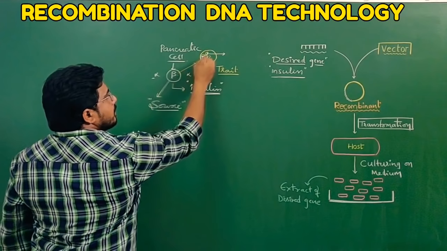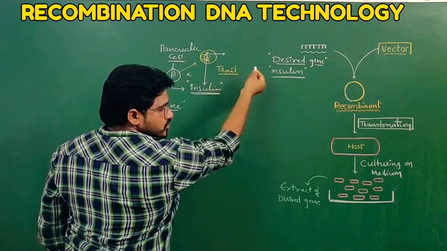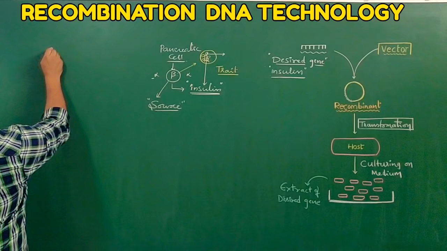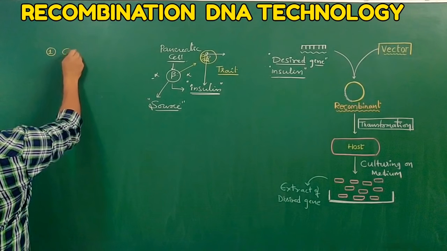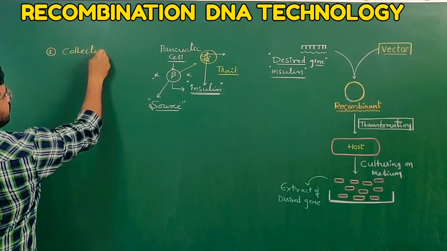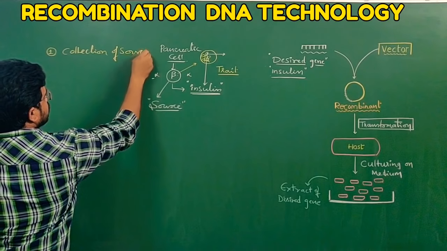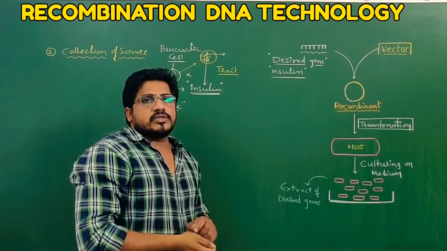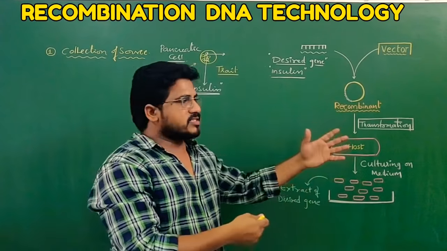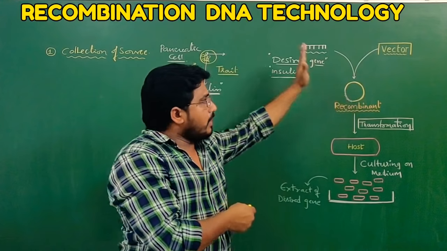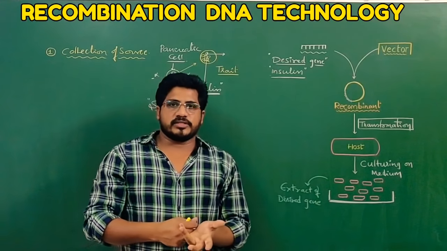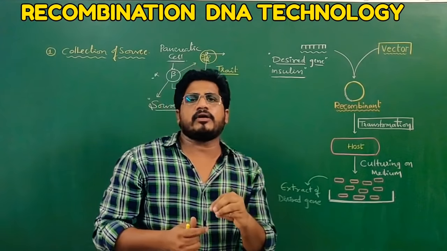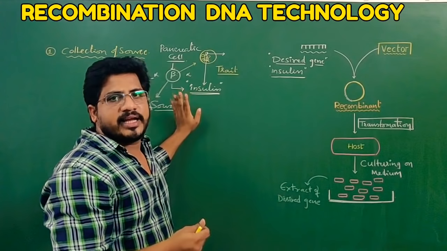So we have to separate the source. So the first step involved in the recombinant DNA technology is collection of source. This is the very first step. In the last two classes you have seen the cloning process. The first step is we are inserting a desired gene. But where we have to collect the desired gene from is so important. Desired genes are coming from many sources. According to the importance and the function, we select the sources.